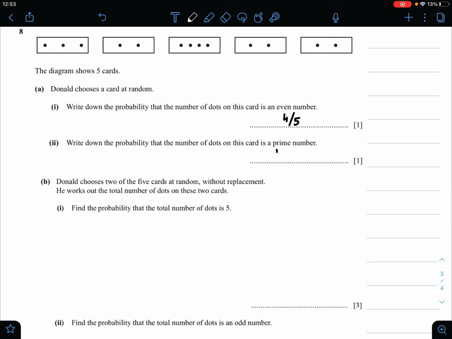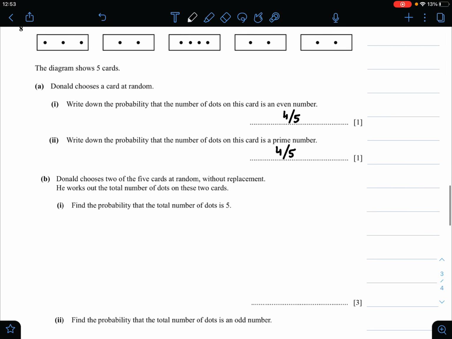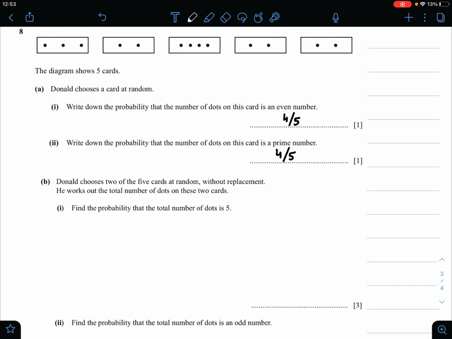So once again, the probability for picking a prime number would be 4 by 5, because there are a total of 4 prime numbers and the total number of cards is 5. So you have a 4 out of 5 chance of picking a prime number. Now let's move to part B. For part B1, they are asking us to find the probability that the total number of dots is 5. So the only possibility of getting a 5 as a total of picking 2 cards without replacement,